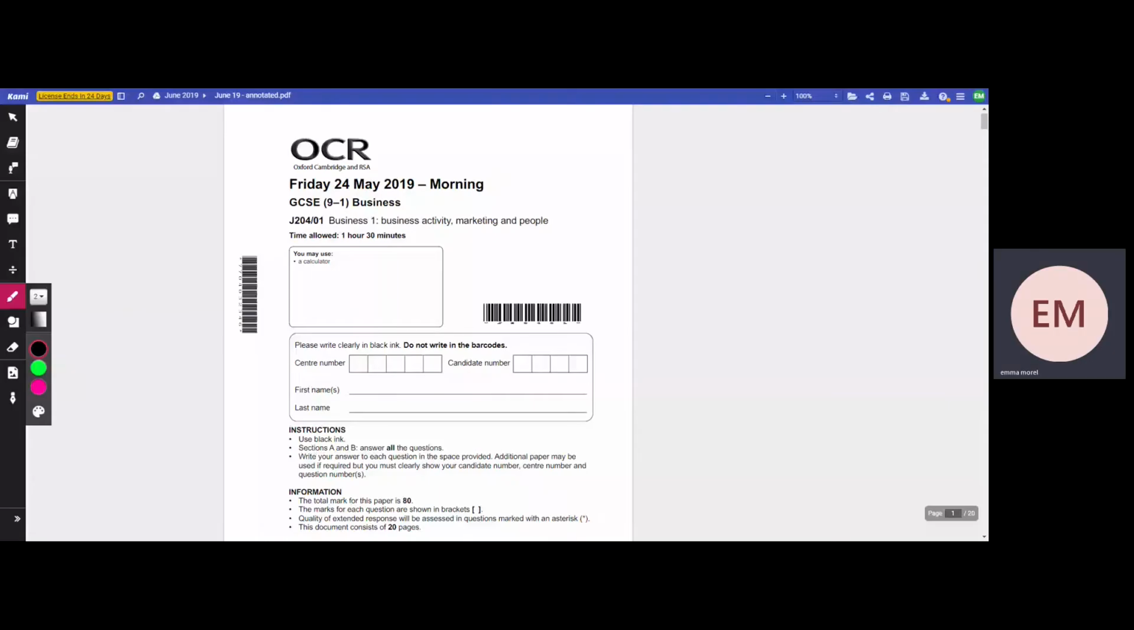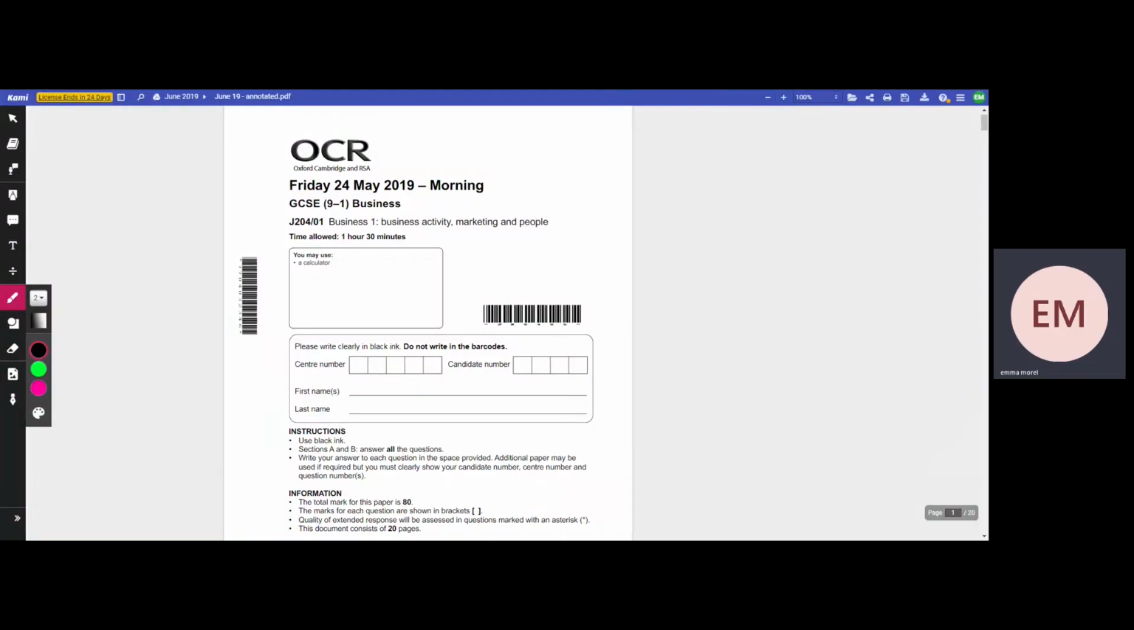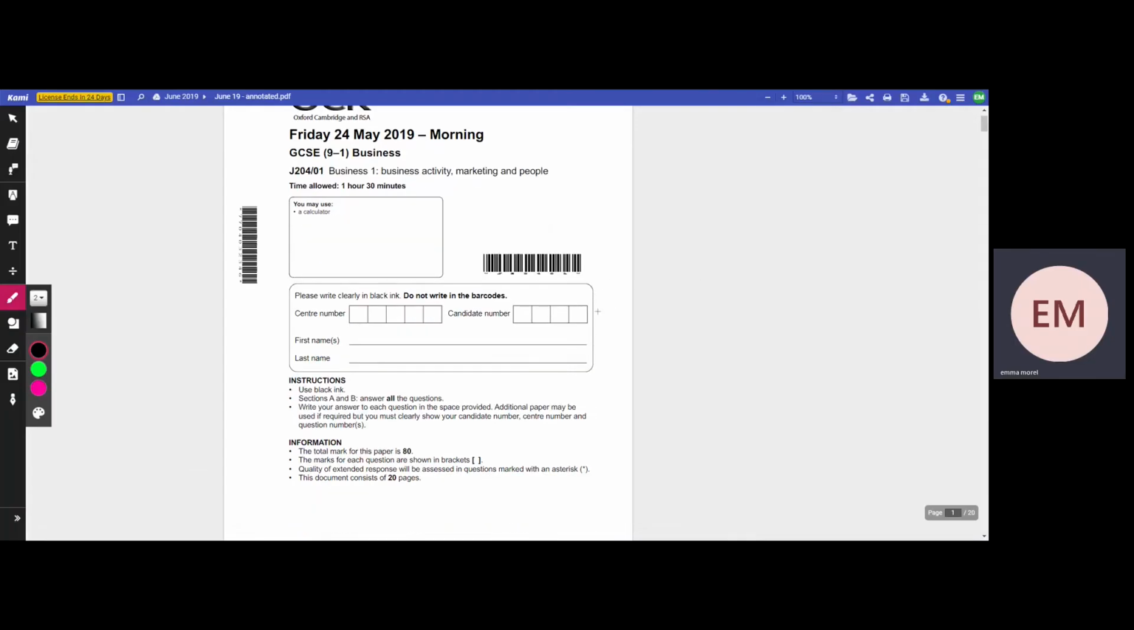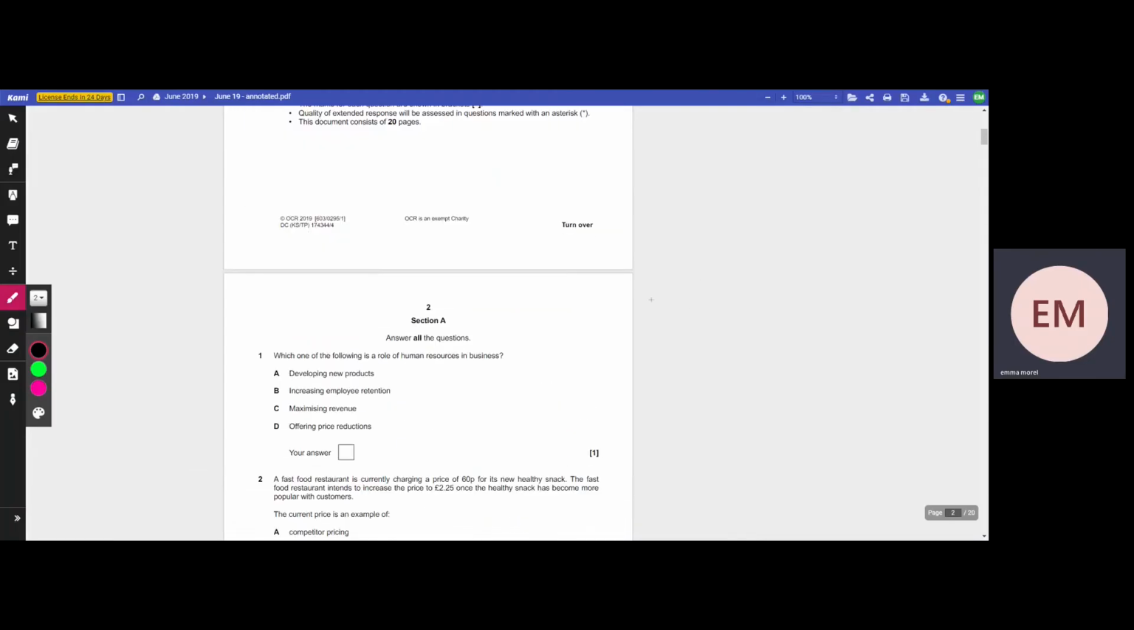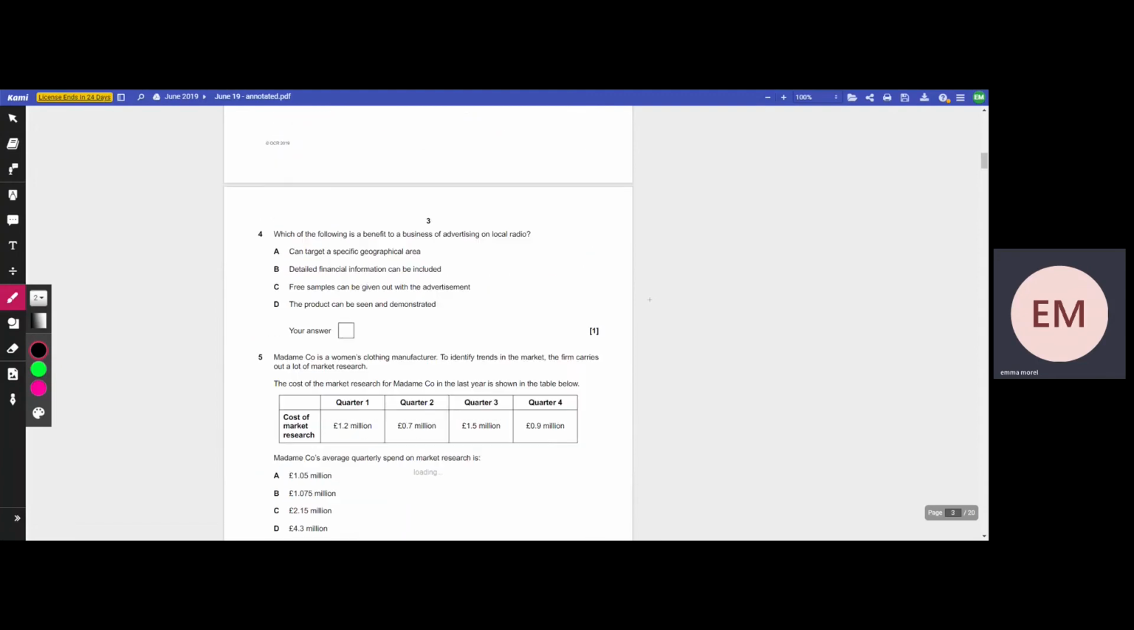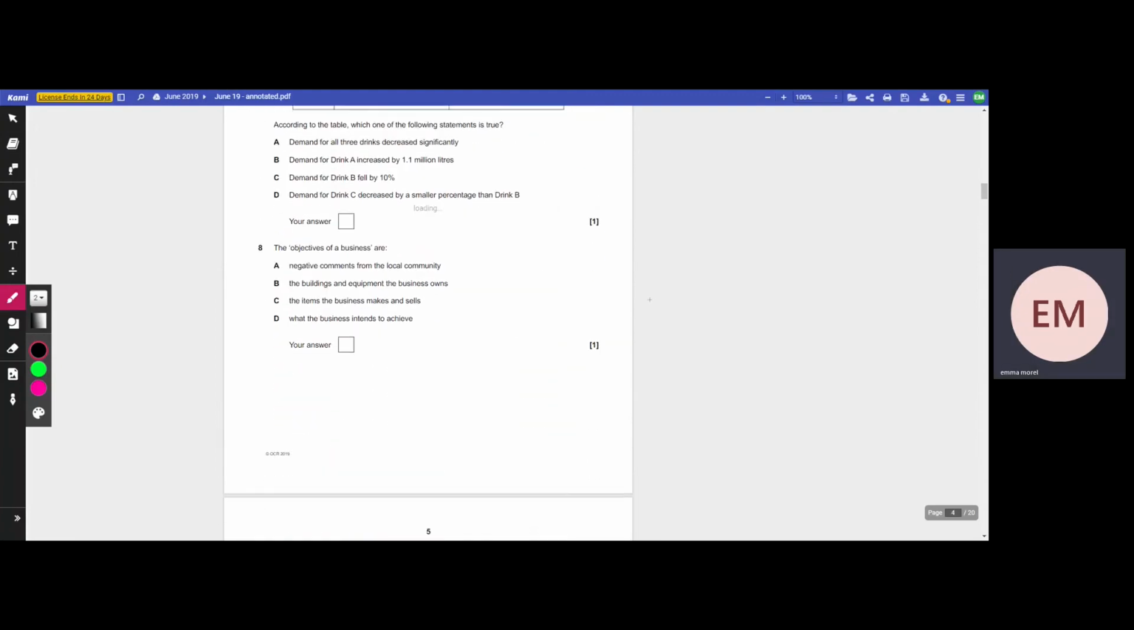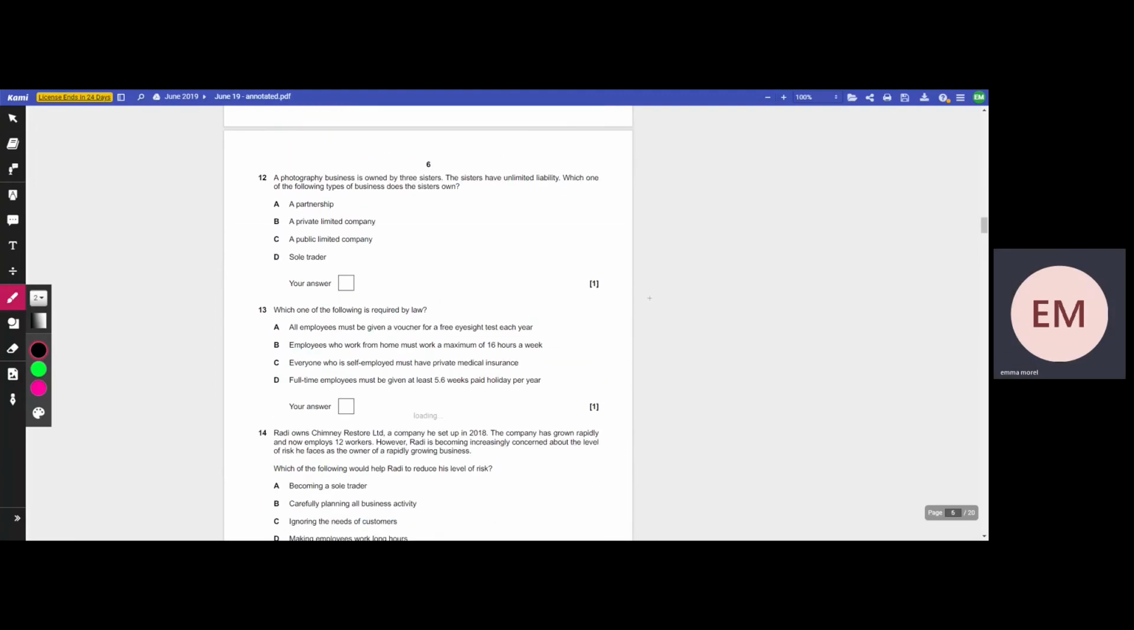Okay, so I am going to talk you through a paper 1 so that you can see how you should be working the exam. Time pressure is quite important, so it's really good to go in there knowing exactly what you need to do for each of the sections. I'm going to skip over the multiple choice because hopefully you've had lots of practice doing that by now. And I'm just going to move on to the first context question,